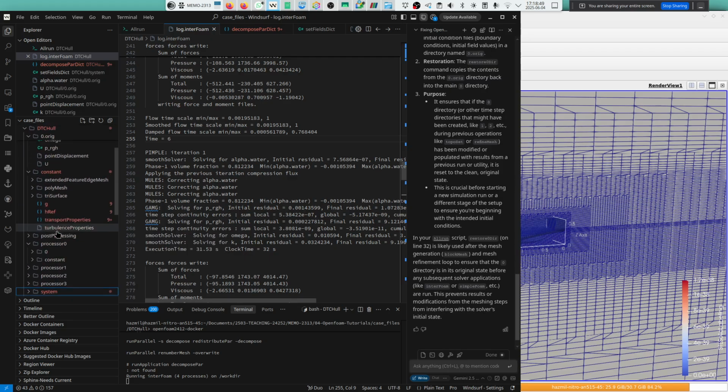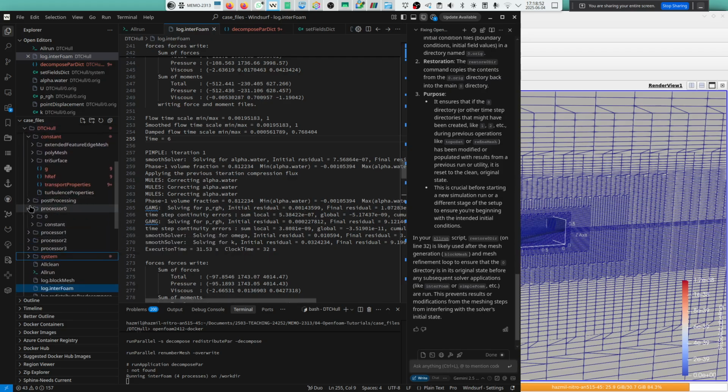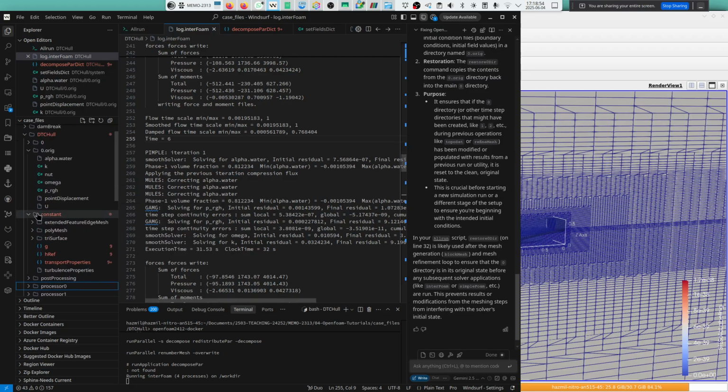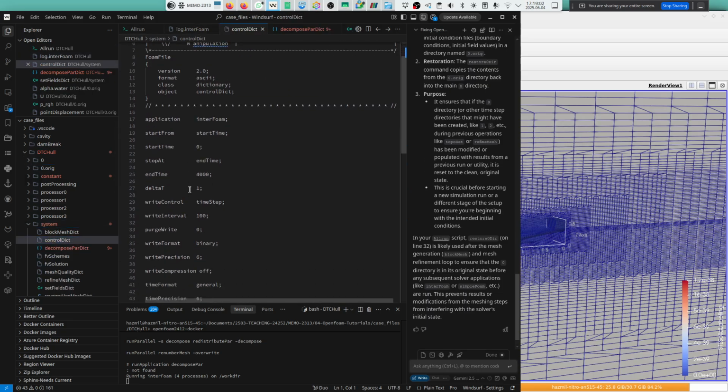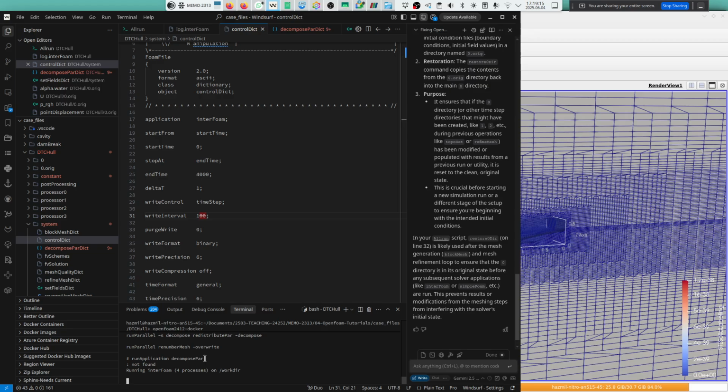You can check this part. Which part? You can check where is it? System control dict. So as you can see here, the write interval is for every 100 time step, and currently we're not there yet. Okay, so let me put the current process that is blocking our further interaction with the run, pressing Ctrl Z,